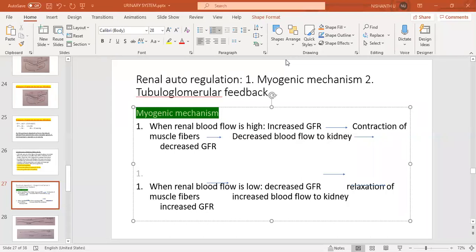Which cells? The proximal convoluted tubule. I'm not talking about any other; only the proximal convoluted tubule is concerned with reabsorption. Then automatically it will put a burden on the kidney, and it will try to get eliminated. Glucose alone cannot go out. It will draw water also, so water will come along with the glucose. Then obviously we will go to the toilet again and again.